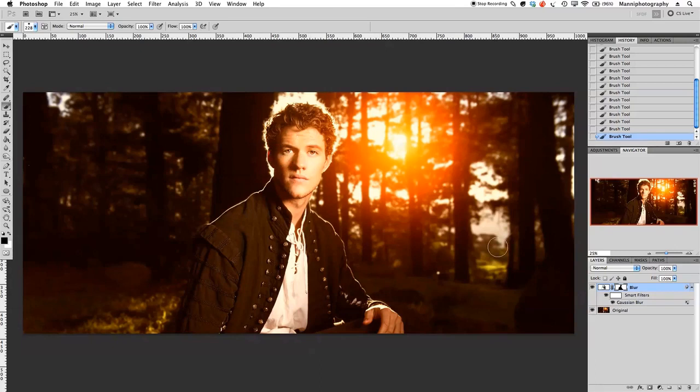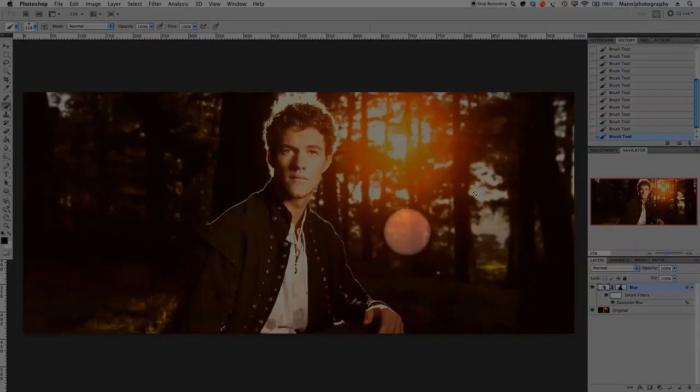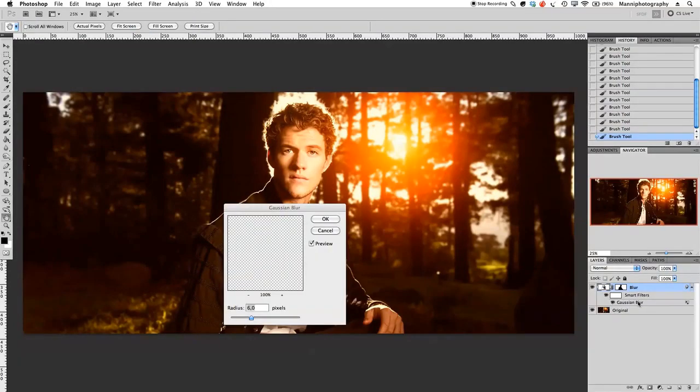Okay, but basically we have our first step of creating just a little bit more blur, and our foreground, our subject here, is still in sharpness. So what I want to do as my last step now, that's why I changed it to a smart object, we can always go back to our Gaussian blur filter over here and tweak our blurriness at the background. So if this is a little bit too strong, I'm going to go back to Gaussian blur, double click on here, and it brings us back into the filter. So now what I'm going to do is just change it down to say 4% or 5 pixels. Over here, say OK,